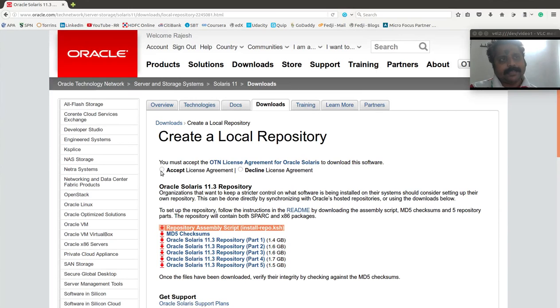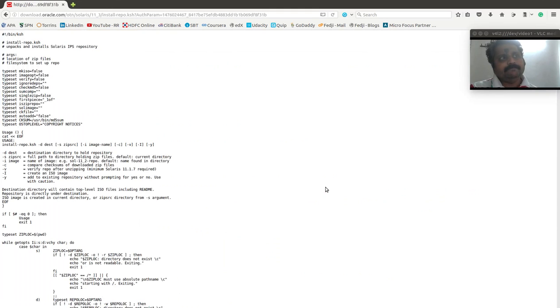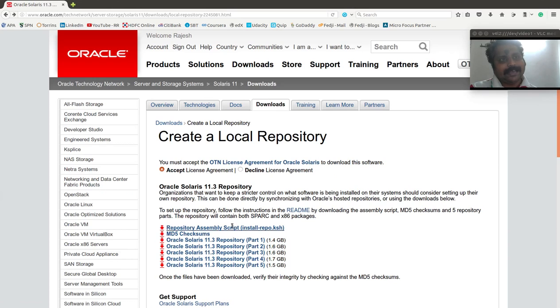So let me go to the Oracle website there, accept the license and download the install repo Korn shell script. That's the file. So I could probably use a right click there and download it. Let's download this file.